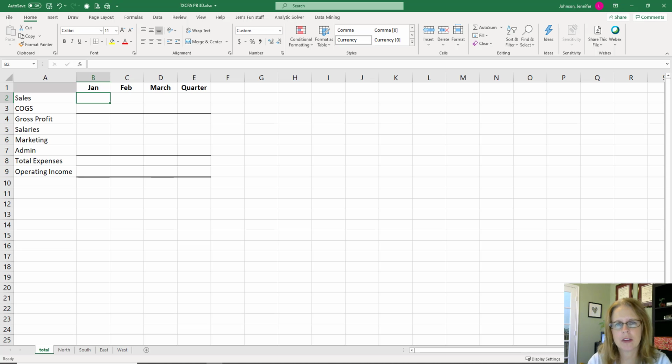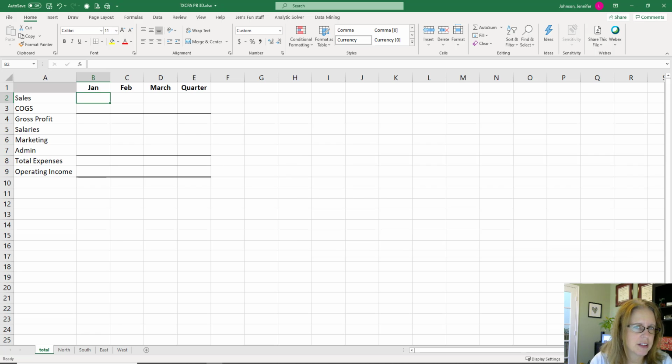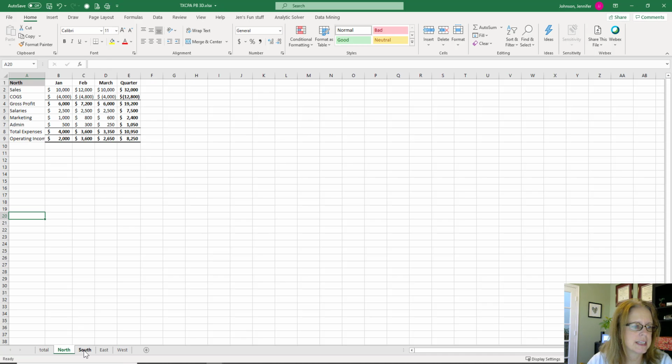Now, before I go any further with explaining a 3D reference, there are a couple of disclaimers that I need to talk about. First off, this only works if the data that you are performing the functions on and the worksheets that you are using are all set up the same way. So let's take a look at the data that we have. I've got 4 divisions: north, south, east, and west. Each one of these worksheets is set up with the exact same setup, the same months and the same information